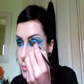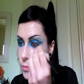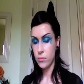A little bit with some black matte eyeshadow and an angle brush, and then I'm going to add mascara as well and come back and add on false lashes afterwards. Actually, quickly before I add any lashes, I want to apply some glitter glue, because glitter is always